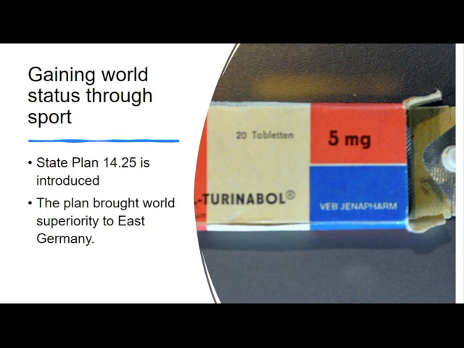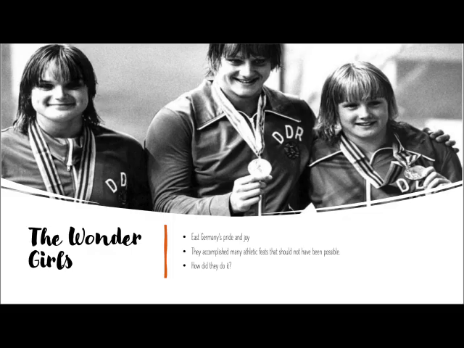In this state plan, by the summer of 1976, the world took notice as East Germany, a relatively small country with very few previous Olympic wins, triumphed with an impressive 40 gold medals. The women's swim team alone won 11 of 13 swim events, an unprecedented feat. According to PBS.org,